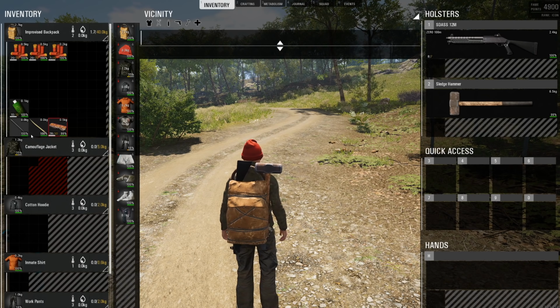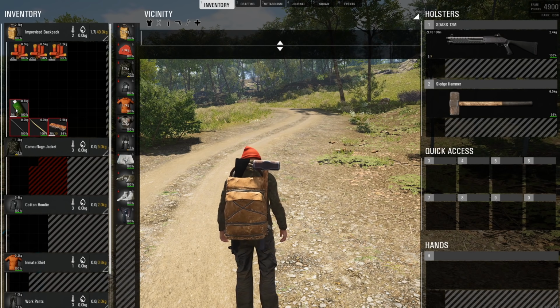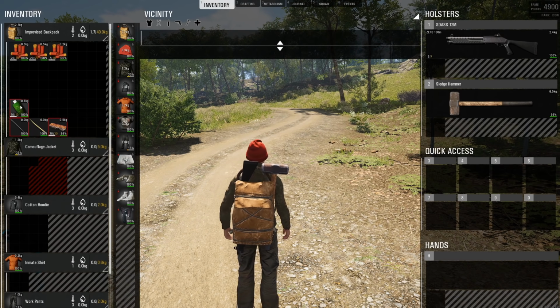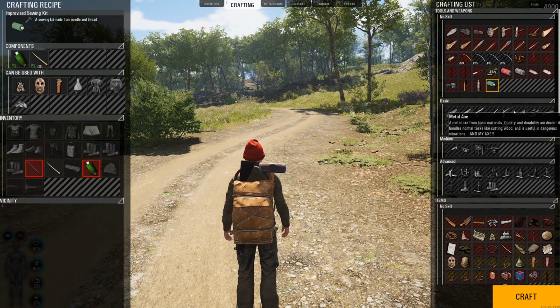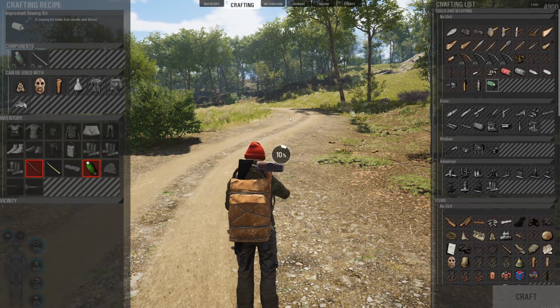Now, the improvised sewing kit is a needle and thread, or a bone needle and thread. It doesn't matter. So let's just select these two, go to crafting, and you will find improvised sewing kit. So if we craft this out,